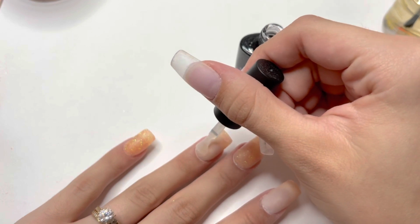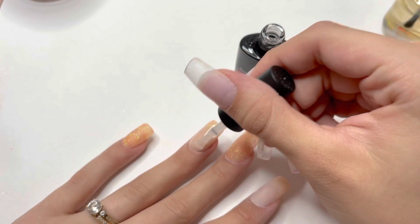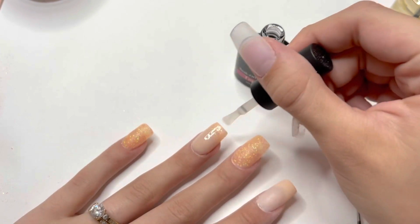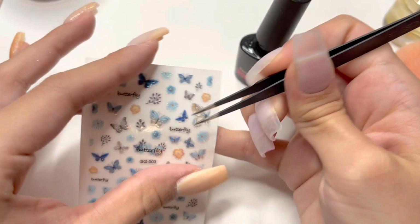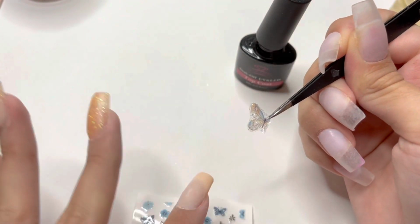I'm going to start by taking the regular glossy gel top coat and applying this onto the ombre nail. You can apply nail stickers directly onto the dry nail, but personally I love doing them this way. I feel like it completely erases the lines of the nail sticker, so that's just how I like to do my nail stickers. I'm going to take this really big butterfly and I'm going to be placing this on the